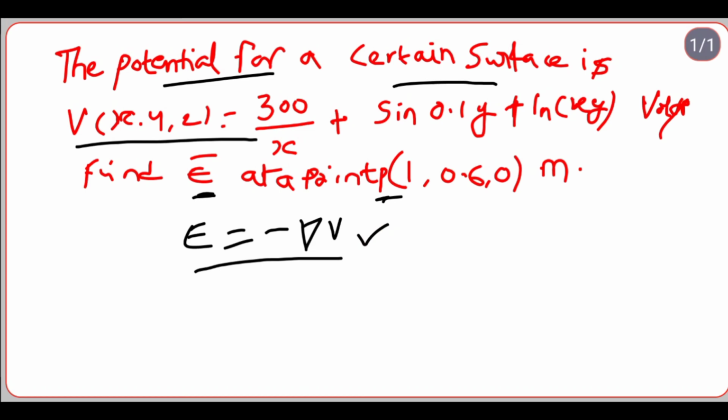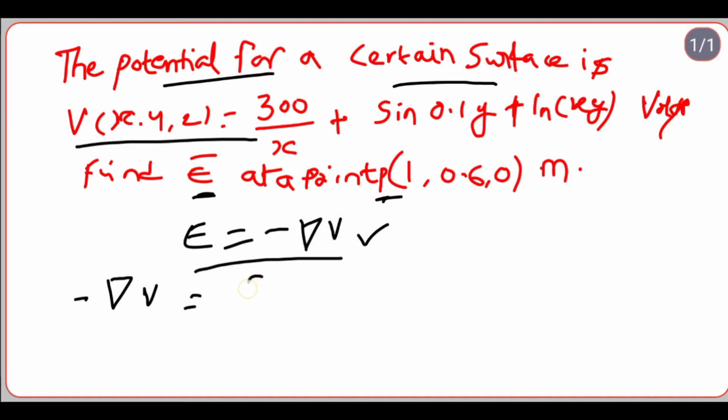First we have to calculate. They have given that V of xyz is 300 by x plus sine 0.1 y plus ln xy. E equal to minus del V. First we have to calculate minus del of V. That is minus del V equal to, what is the del operator? Del operator is